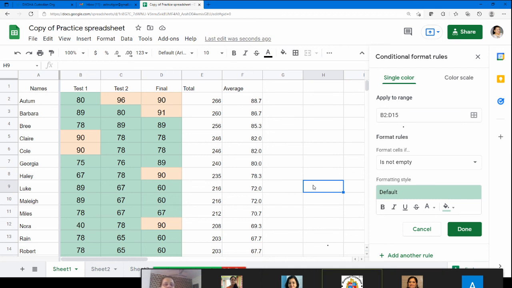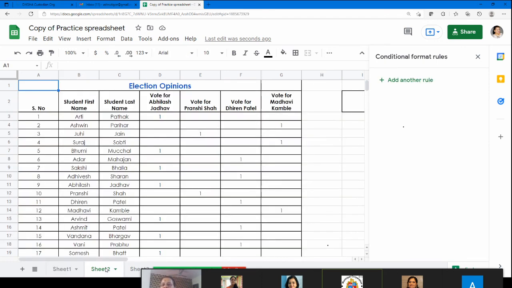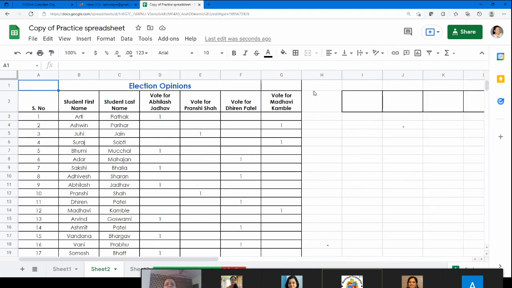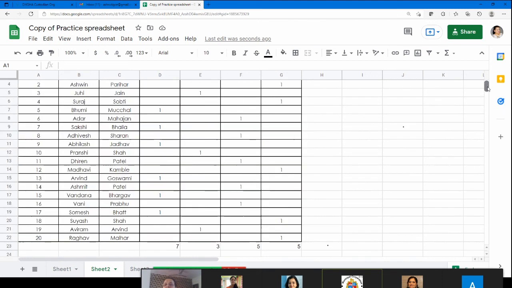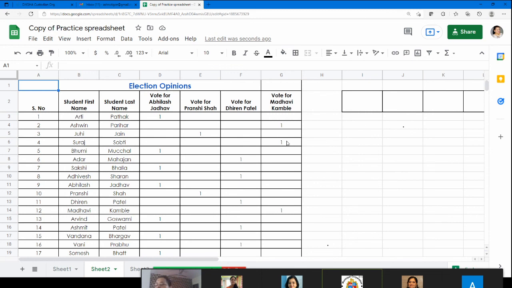So I'll quickly take another 5 minutes to show you how to insert a chart. Okay. Let's suppose you've got a data, your results. I think I have this. So this was one thing that I had. We don't need conditional formatting now. So we've got this data. There were elections, and we've got these people, and we have to find out who got what percentage of vote. So in that case, what do we need? We want to put it into a graphic format. So you can also make charts using your spreadsheet.